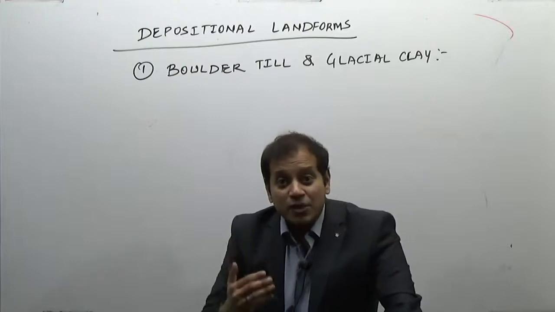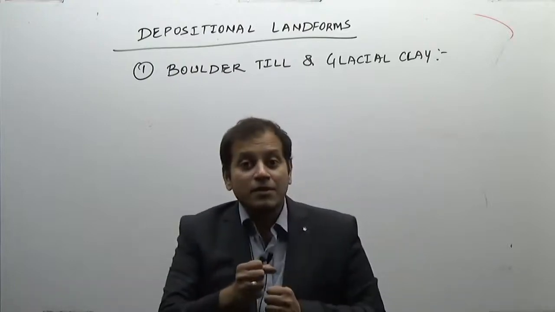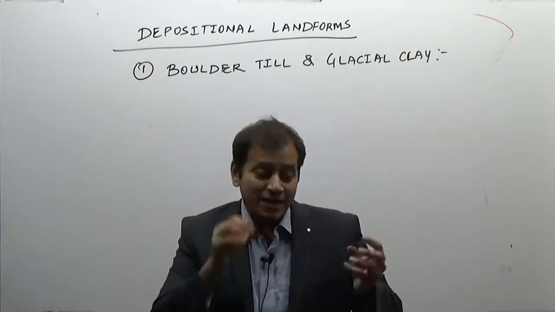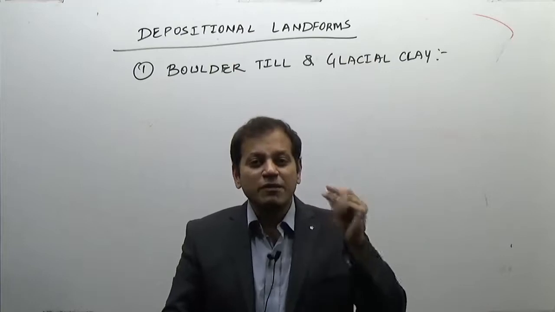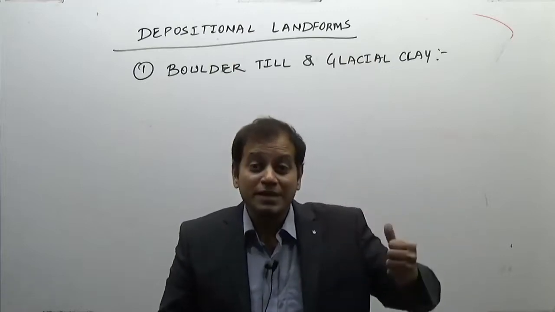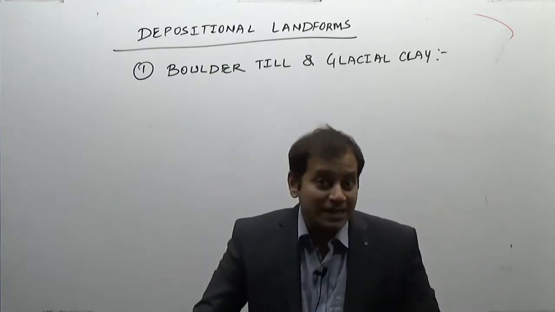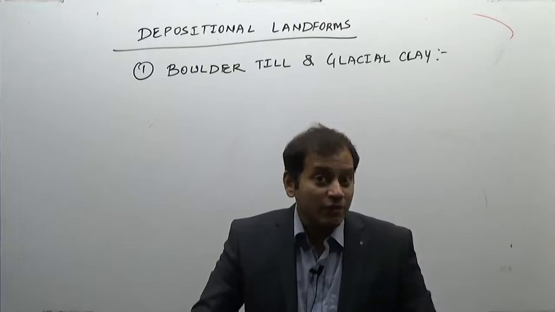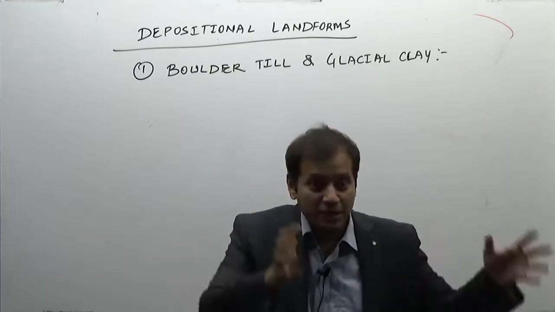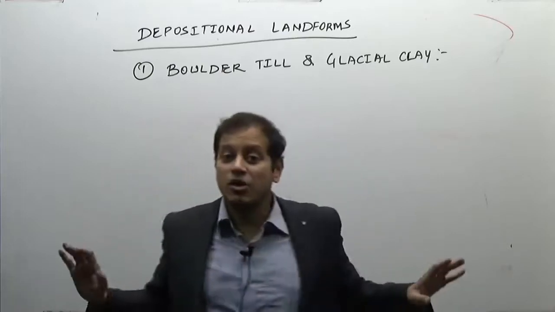And when it comes down, whatever sediments are there rub against the solid ice and get converted into very clay-like substances. They can get converted into very fine sediments known as glacial clay. While some of the rocks here, unlike water, the glacier does not engage in sorting. Sorting means heavier rocks are deposited first, then the next rock, then the next rock. This is not what the glacier does.